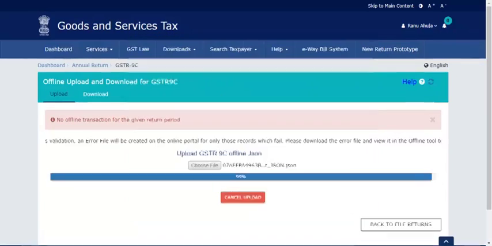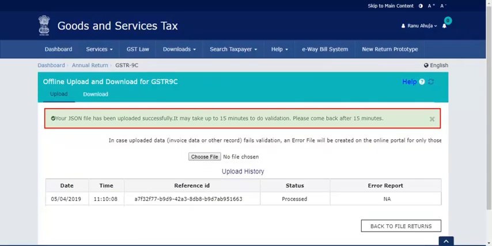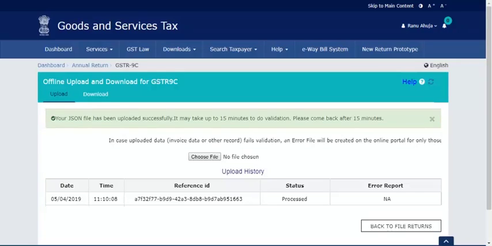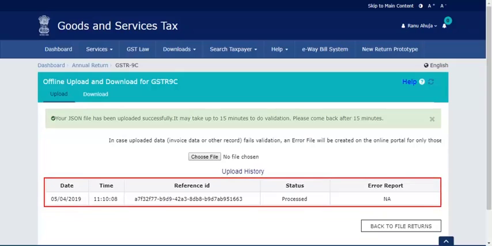Click the Open button. The Upload section page is then displayed. A green message appears confirming successful upload and asking you to wait while the GST portal validates the uploaded data. If the upload history table shows status as processed, then you may proceed to file your return.